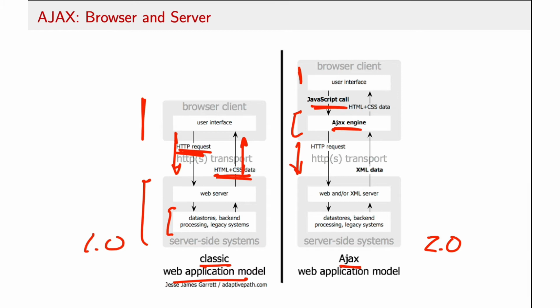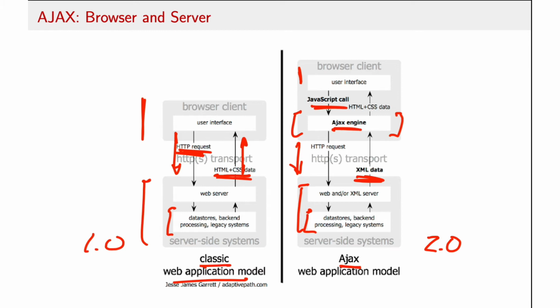And this similar kind of functionality takes place on the back end. There's going to be a web server that's going to receive that request, decode it, figure out what kind of information the browser is asking for, go out to the database, legacy systems, and other things to formulate that response. But what it's going to send back in true AJAX is some XML. So it's data, not markup or styling or JavaScript. And then the AJAX engine on the browser side is going to know how to take that XML data and